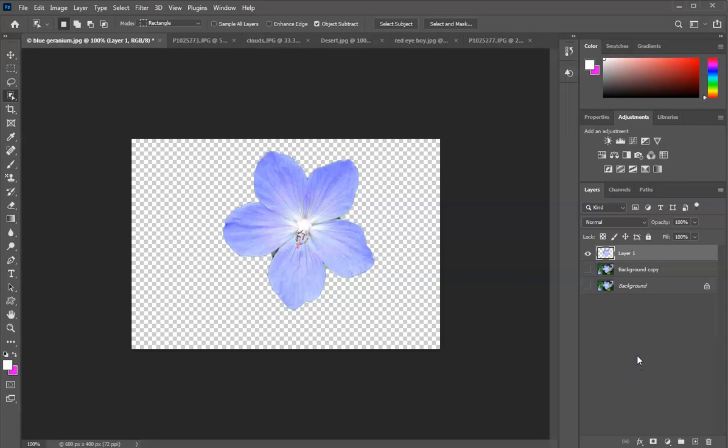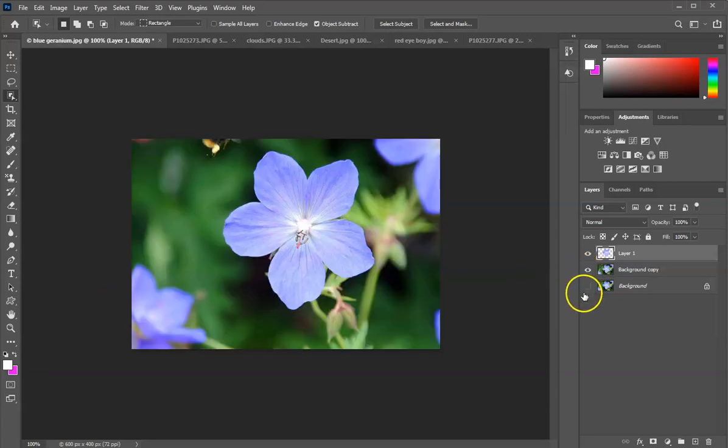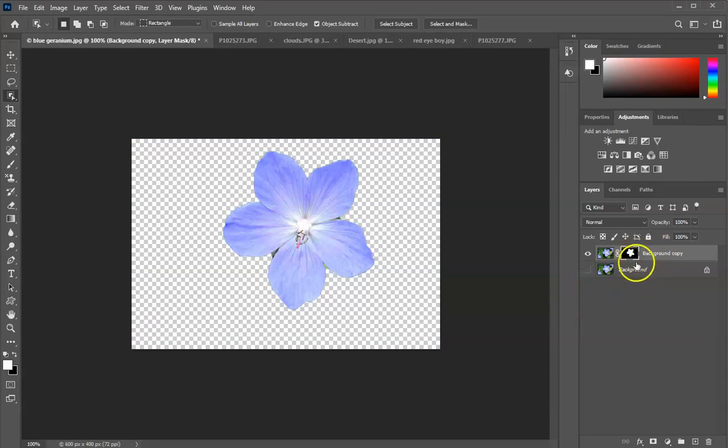But what if I'm not sure if I want just the flower, and I might want to bring back the rest of the photo? And there's other different ways that you'll kind of figure out as you get moving. One thing though you can do is mask what you don't want. So if I select my flower here, and then I click on this little mask, notice that it masked out